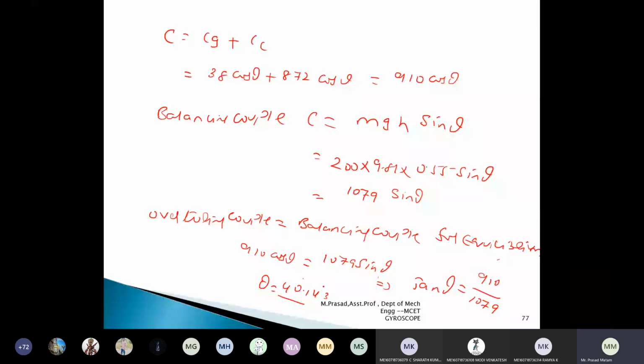Got it? When you are riding a vehicle on a curved path, if you maintain this angle of 40 degrees, only then is it in equilibrium. If you maintain the angle more than 40 or less than 40, skidding will occur and you will fall down. If you tilt further, unbalancing will take place, you are going to skid and you may fall down. So to maintain equilibrium, we have to maintain 40.143 degrees.